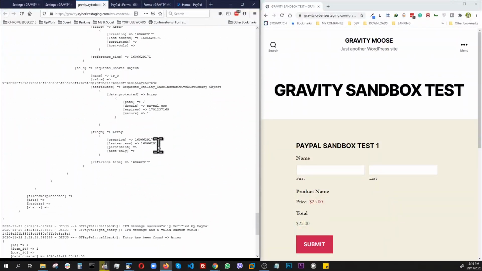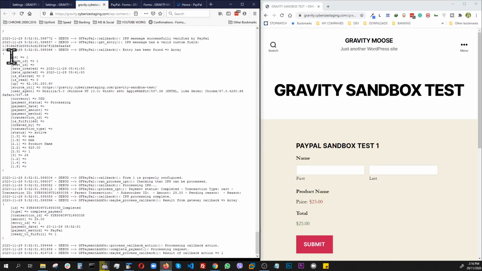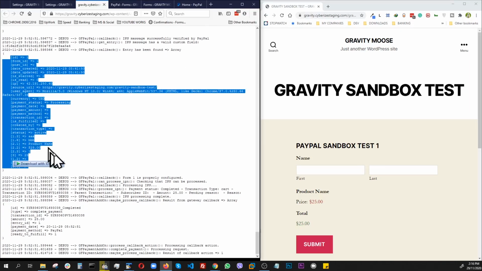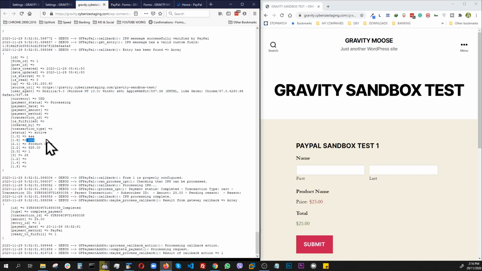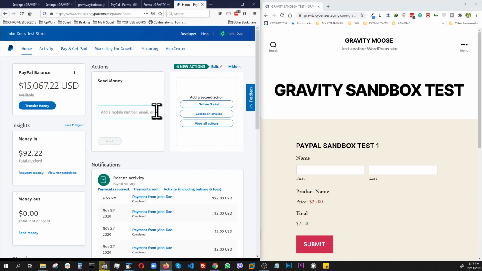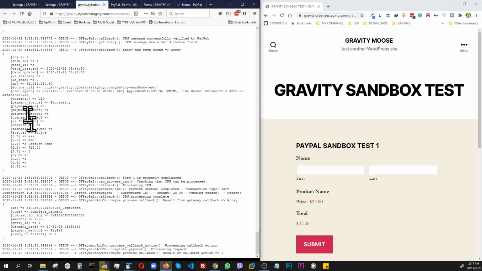we get all this information, especially this entry data, lots of variables. This is the username, first name and last name, and the product. This is the money amount. All these are from this form at the back end, and this is the answer we got from this Sandbox account. In this video though, we will take control over these variables using some of the Gravity Forms hooks